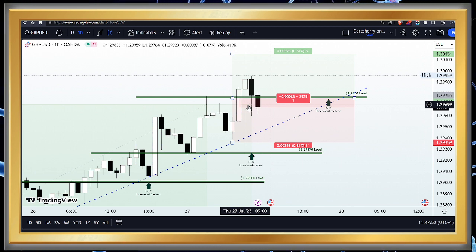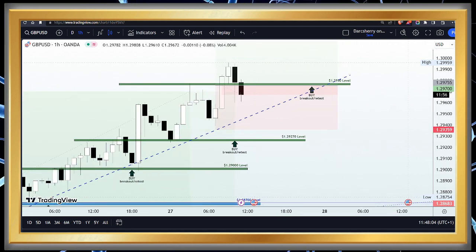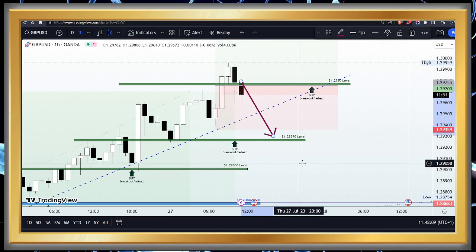Now, in as much as we're looking out for buying potential in this particular market, we cannot ignore the potential sellers also have at this juncture in the market. If we are going to be considering selling, you know how we do it. We want to see price action break down that ascending trend line before we can start considering selling. Remember, we are not going to be getting too excited, as a breakdown of that structure could still turn out to be a false breakdown. So we will need a significant confirmation that assures us that sellers are gradually gaining momentum, and in fact that buyers are finding it difficult to climb back above that ascending trend line.